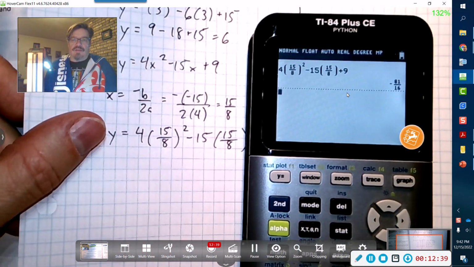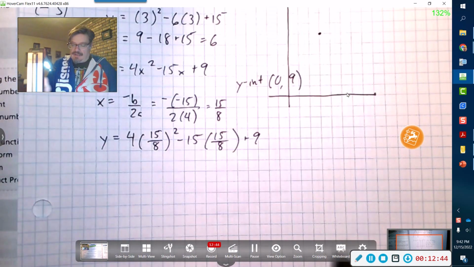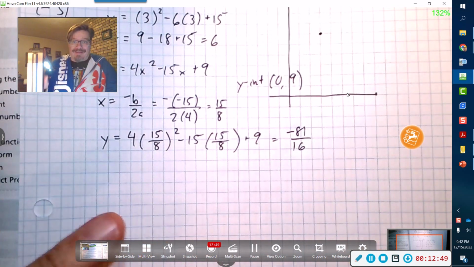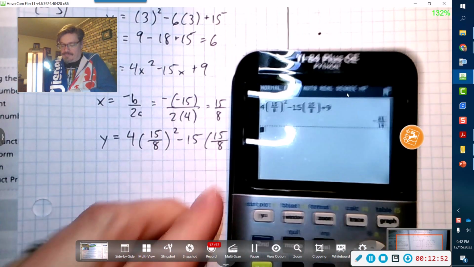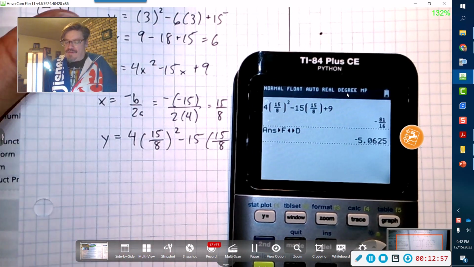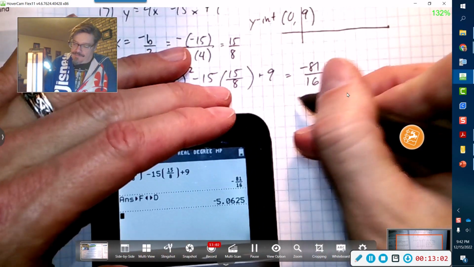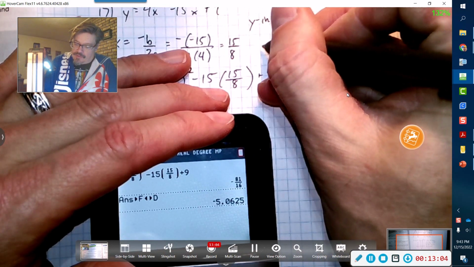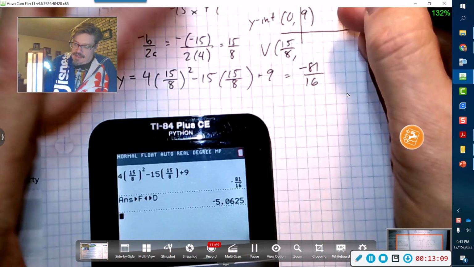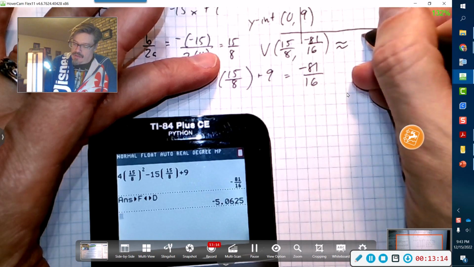So when I hit enter here, looks like I get negative 81 over 16. So what is that as a decimal? Negative 5.06. So either one is absolutely acceptable. So the vertex would be 15 over 8 and negative 81 over 16,